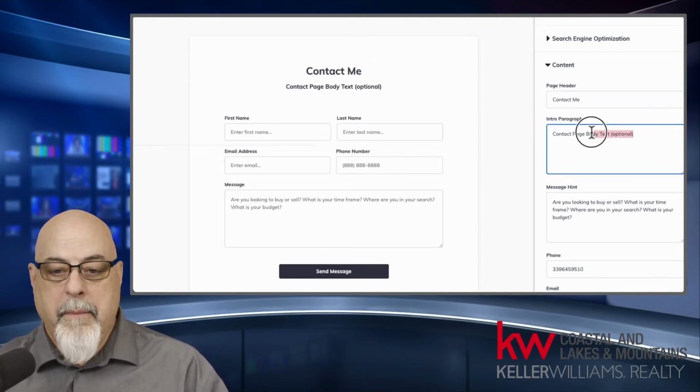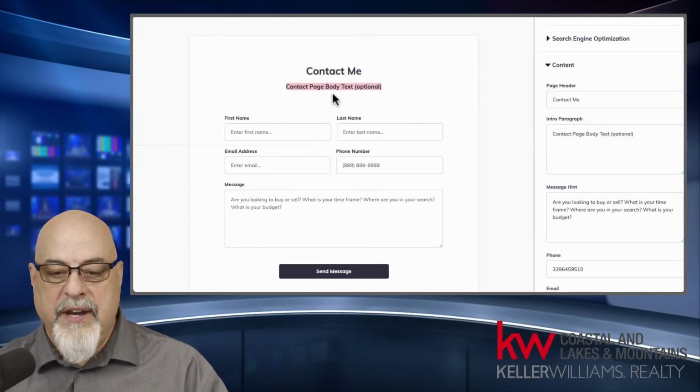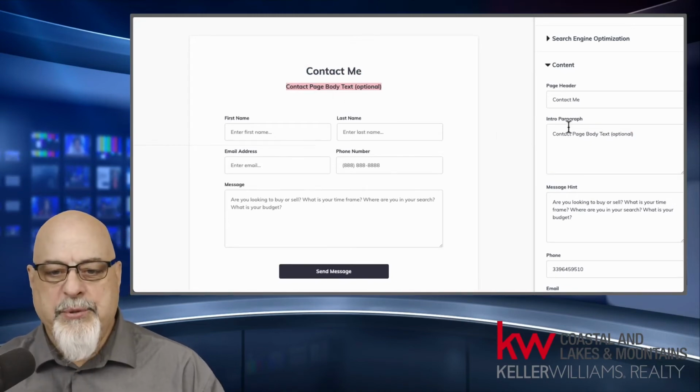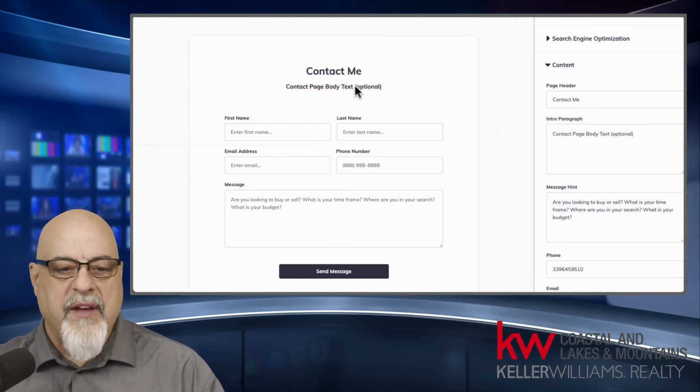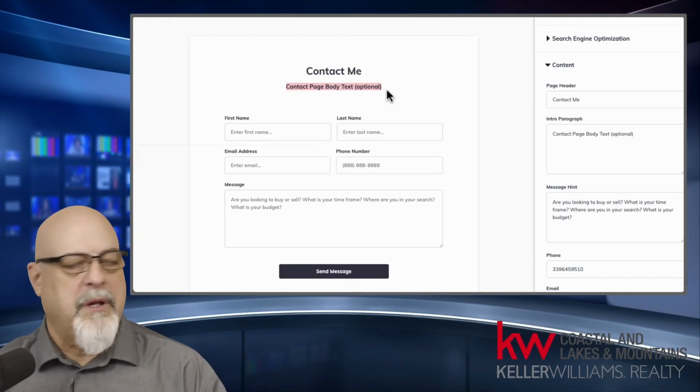So we do have a contact paragraph, so we can actually put a nice little paragraph in here. I could do the same one I did before, or I can write something. Now remember, this is optional here, but it is an intro paragraph. If you want people to contact you, give them a nice reason. You know, I'd love to talk with you about buying and selling and blah, blah, blah, whatever you want to